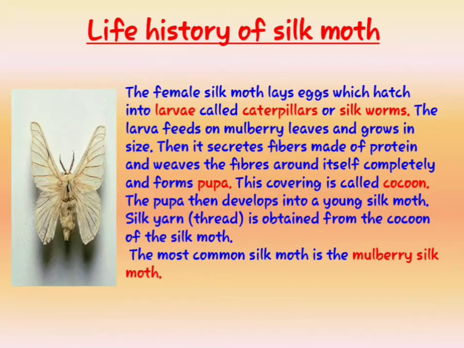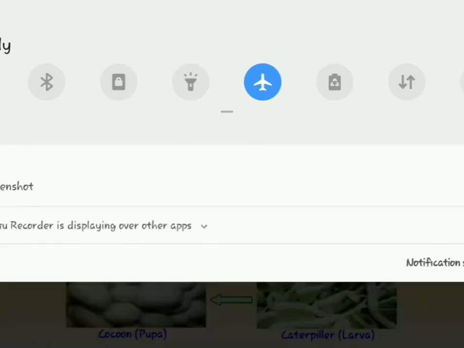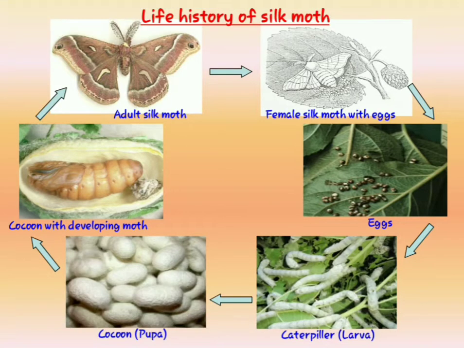Let me show you the different stages of the silkworm. See here, can you see the first picture here? This is a moth. It is called a moth, and this looks like a butterfly, isn't it? But we will not call this a butterfly. We will call it a moth. Why? Because this is not so attractive. It is not so attractive with bright colors, and also its body is fatter compared to the butterfly. And this is a moth, okay, same as a butterfly.